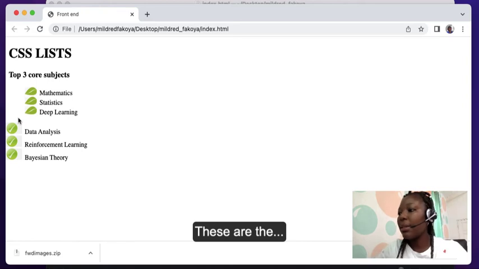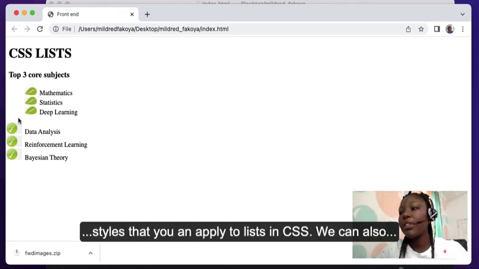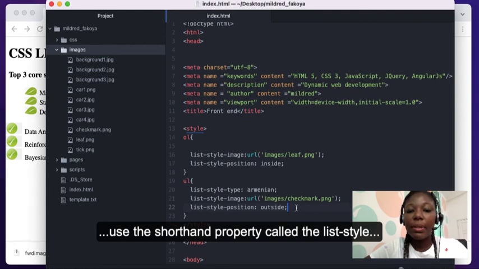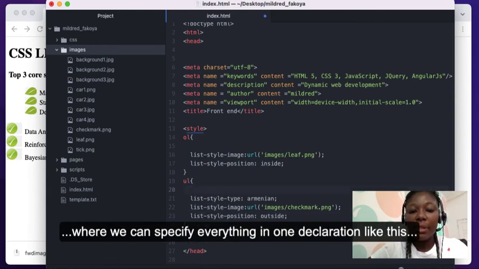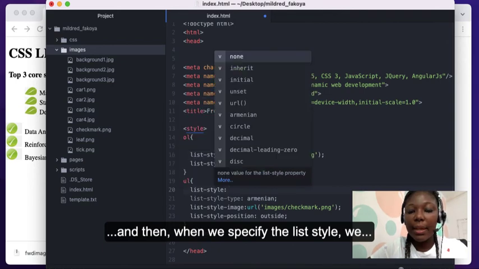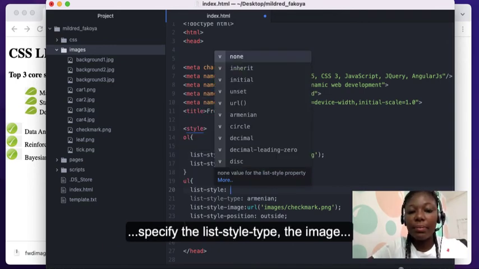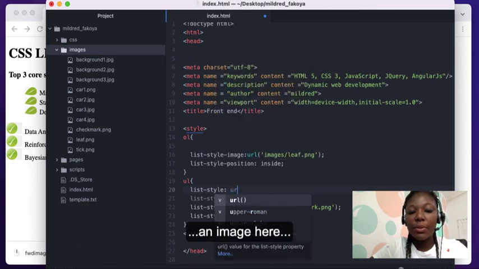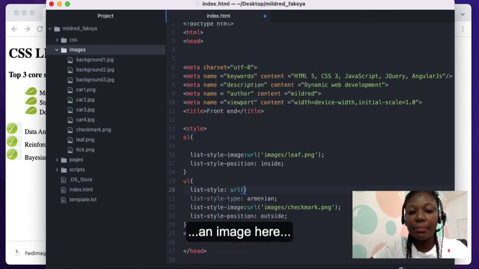And so these are the styles you can apply to lists in CSS. We can also use the shorthand property called list-style, where we can specify everything in one declaration like this, list-style. And then when we specify the list-style, we specify the list-style-type, the image or the position, all in the one declaration. So let's say I want to use an image here,